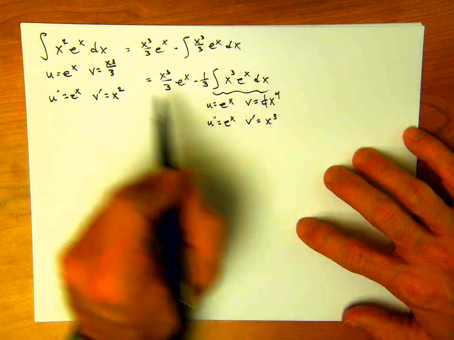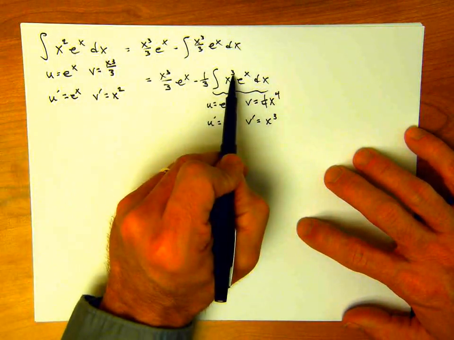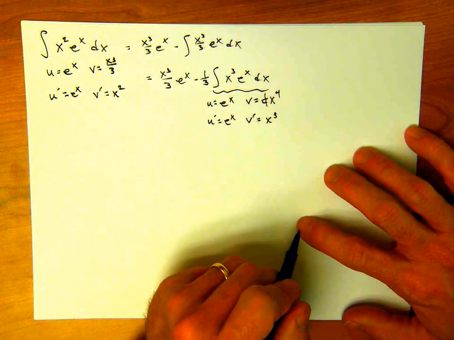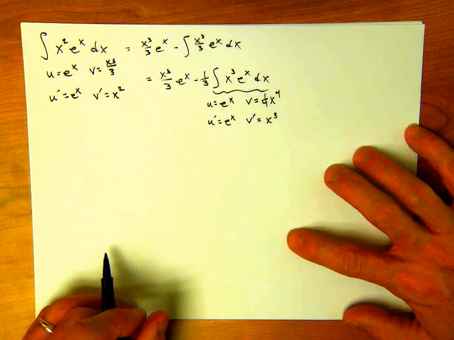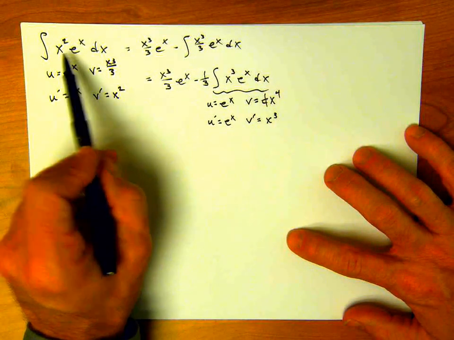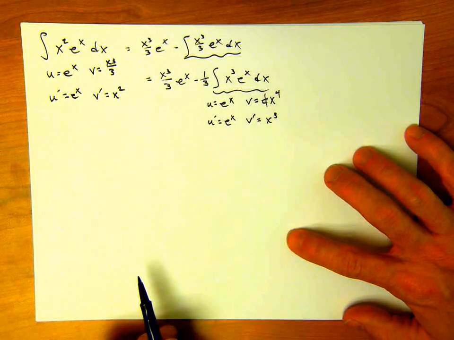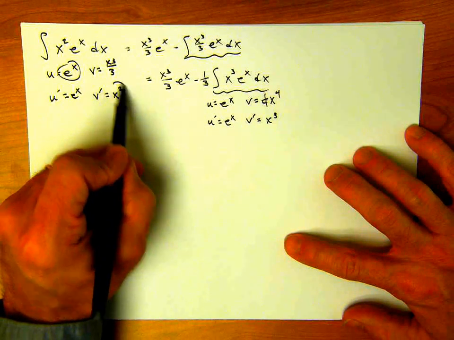x to the 4th times e to the x. So this seems to be getting worse and not better, right? We started off with an x squared, now we have an x cubed. Next time we do integration by parts, we're going to end up with x to the 4th. So this is one way to think about how to choose u and v prime, is we want to be progressing towards something that we know how to find the antiderivative of here. So let's switch these around